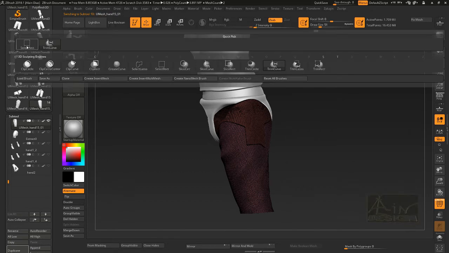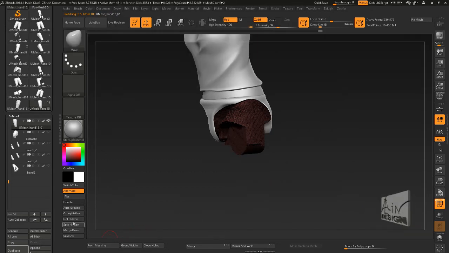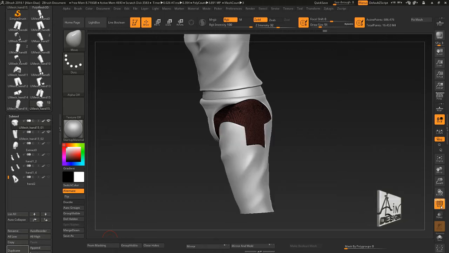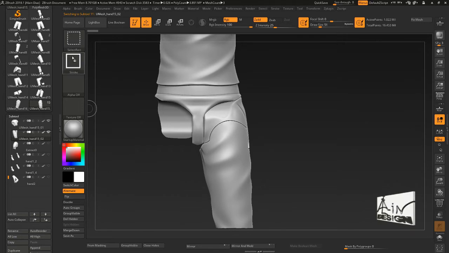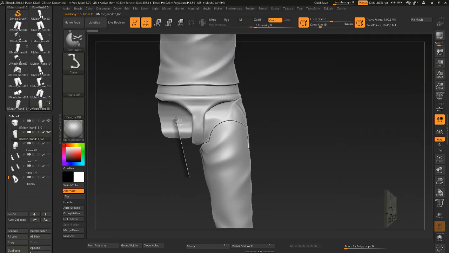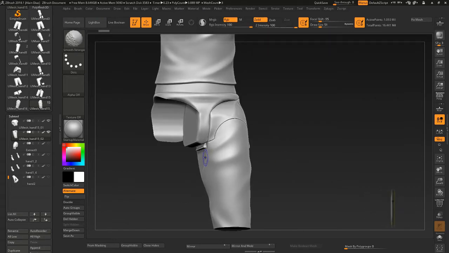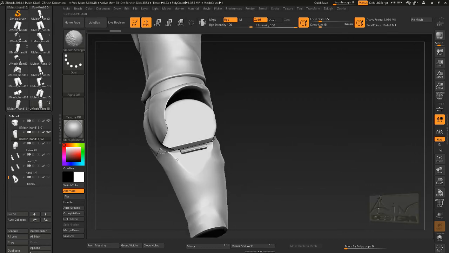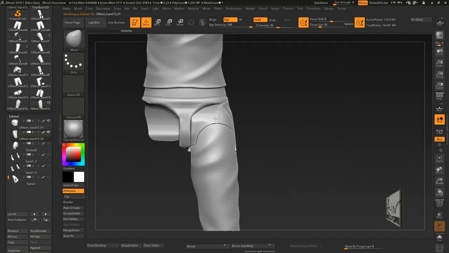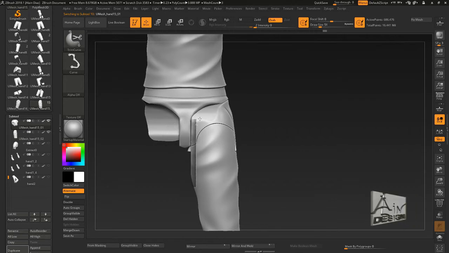So, split hidden. And so what we're going to do is on the leg, we're going to cut off this part, which is what was running into our fabric up here. And this is going to look much better than having to get rid of that crotch part there and make that hole. So we cut that out, and now on this guy, we cut,